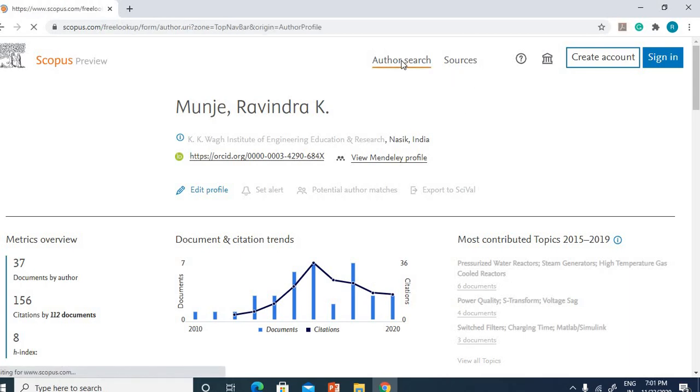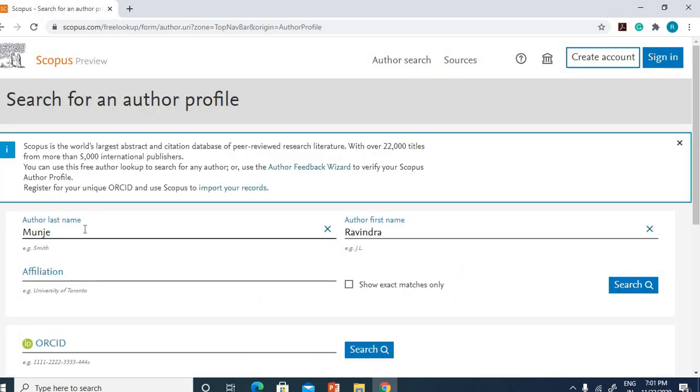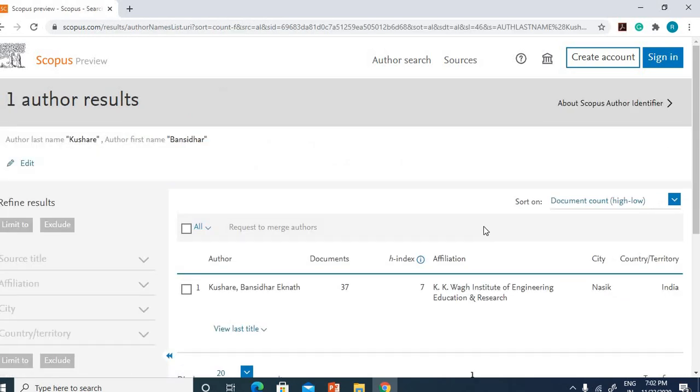Suppose I go for another search. We have a professor in our department, Kushare Bansidhar. If I click here, I can see his papers and his citations. Here again you can see his name and affiliation.